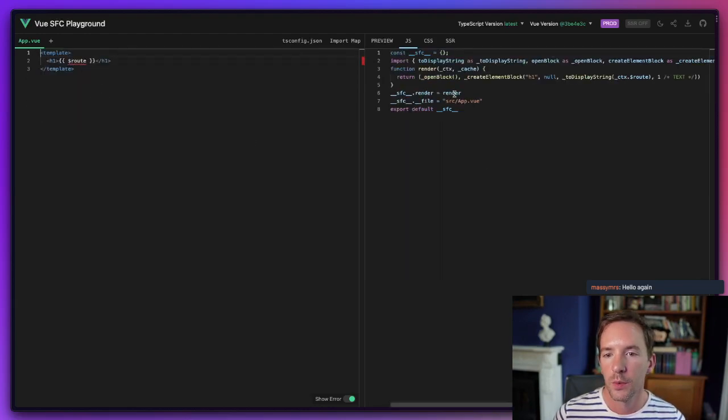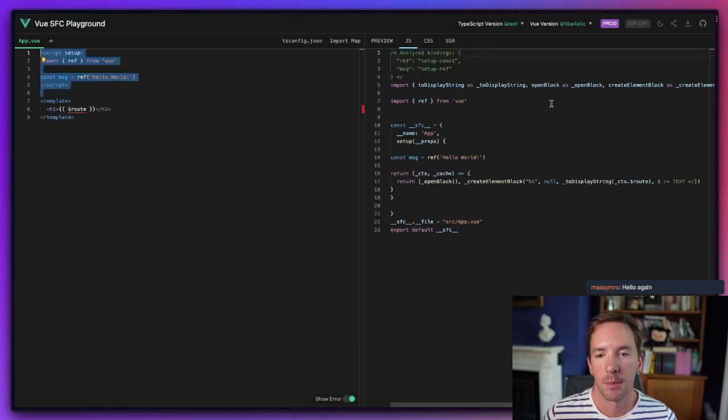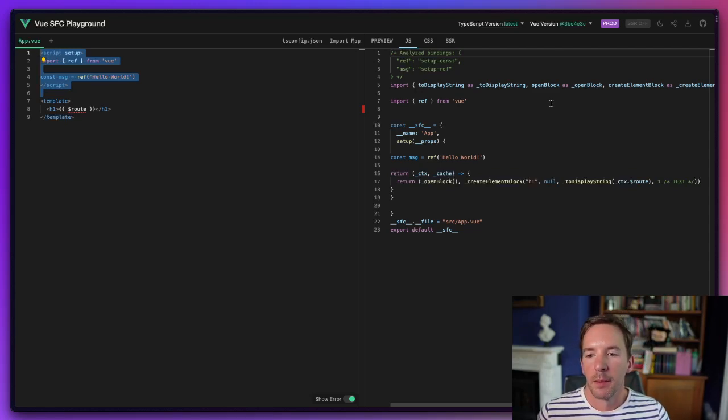So one is, what if we just have this? That is a bit of a problem. If we have a script setup, then that is fine. If we don't have a script setup, then that might be a problem, because we might only be able to replace this in,